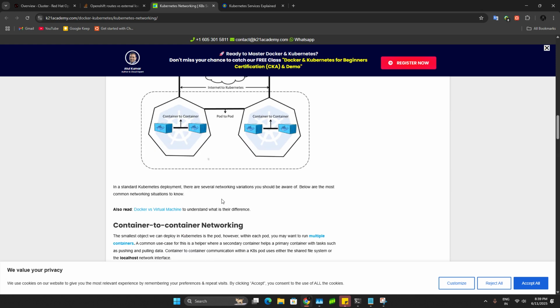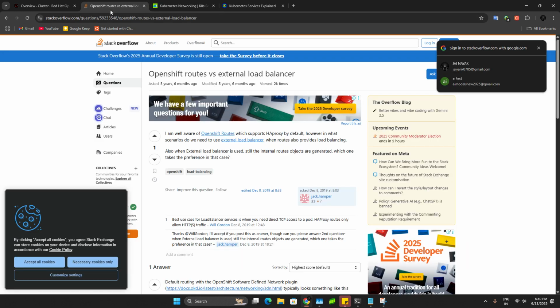If you're working on the application side, you're gonna use this. If you're going to troubleshoot on the administrator side, you should be aware of how these communicate: pod to pod, pod to services, service to ingresses, ingresses to outside the organization, how they are exposed through the load balancer, how they control the traffic, and what the layers are. And at last we will see routes and the load balancer, right?